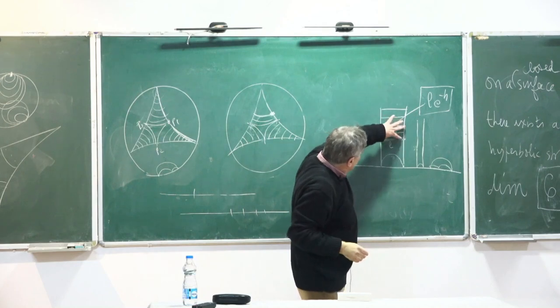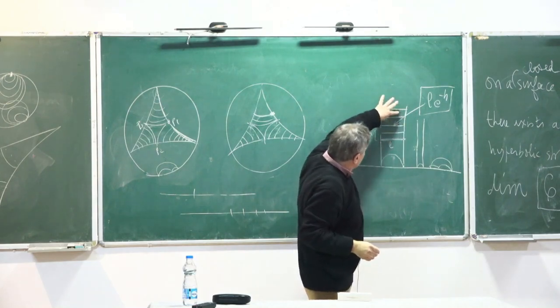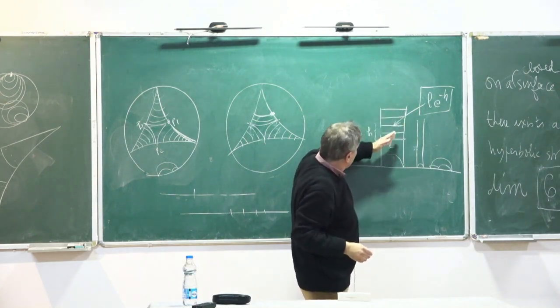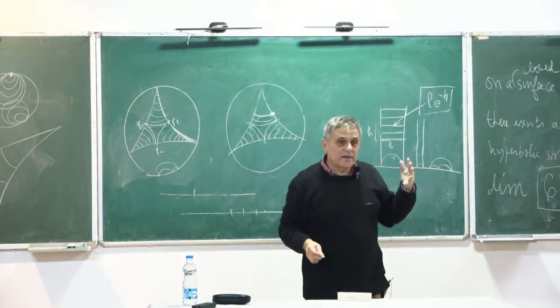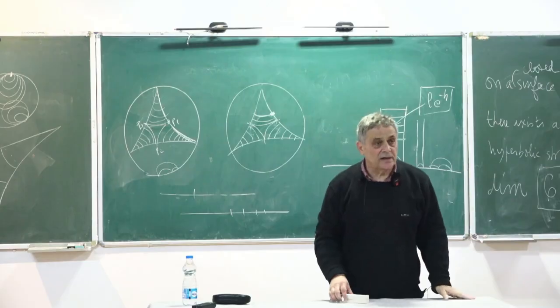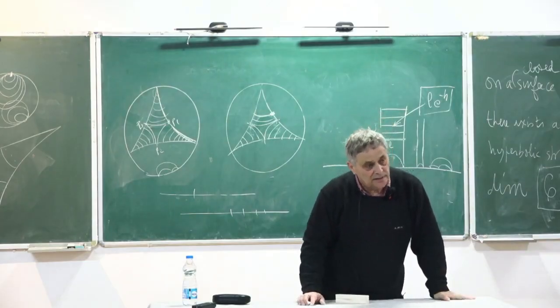The thing is that these pieces of horocycles, they decrease exponentially. The lengths decrease exponentially. You remember